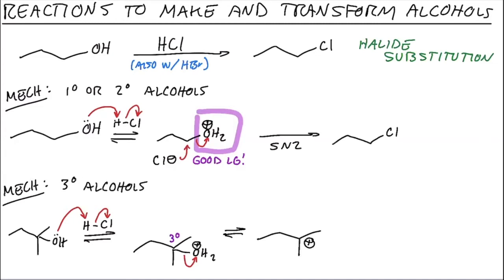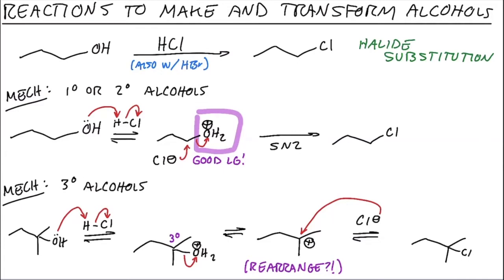We get a carbocation. You are going to be absolutely sure to check for rearrangements here and rearrange if necessary. For this one, there's no rearrangements that would give us any more stability, so we're going to stay right here. And then our chloride can come in, and now that that leaving group is gone and we have this highly reactive carbocation, it can come in and attack there to form a new bond